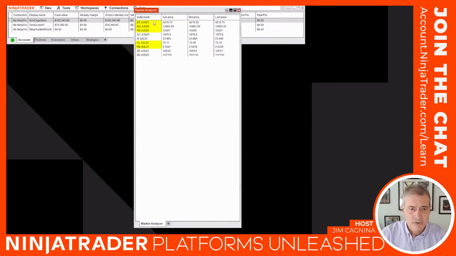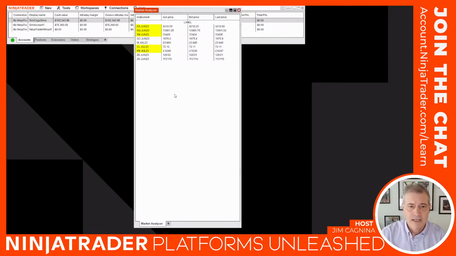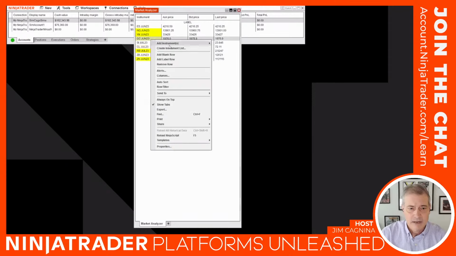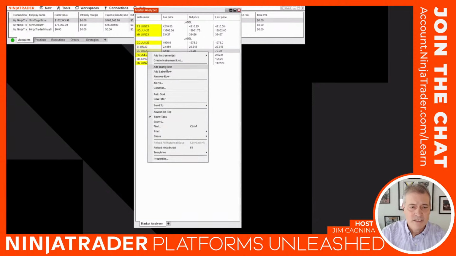So next thing I'm going to do is I'm just going to click up at the top here. I want to add a label. So I'm going to right click, and I'm going to add a label row. I'm going to click there, label row, and there it says label up there, right? And so I'm going to do this again a little bit lower here by gold. I'm going to add another label, add label row. I'm going to do it again. And what I'm doing is I'm separating the asset classes so I could see them better. So it's a better visual